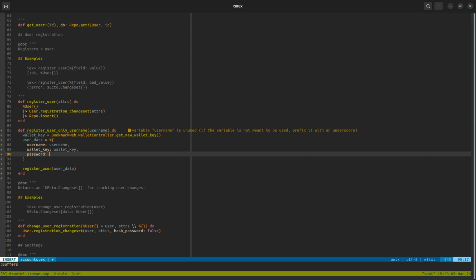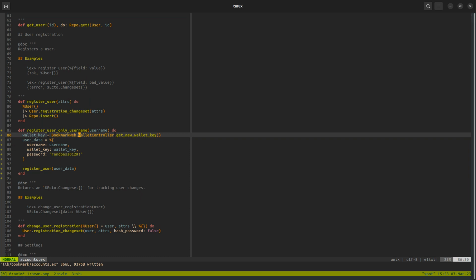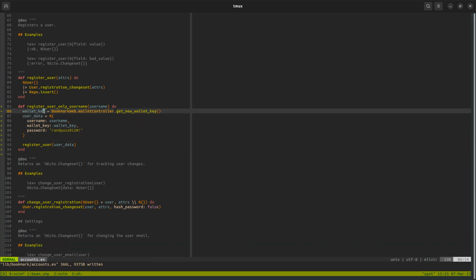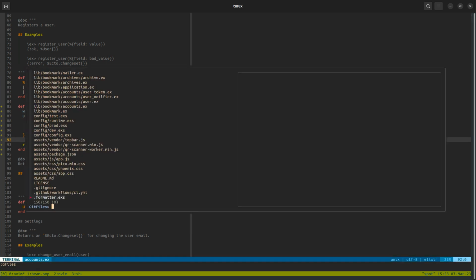Password. Rand pass 01111. Boom boom boom. Pound, exclamation mark. Okay, so I'm registering a user only with a username, and then I'm gonna call this